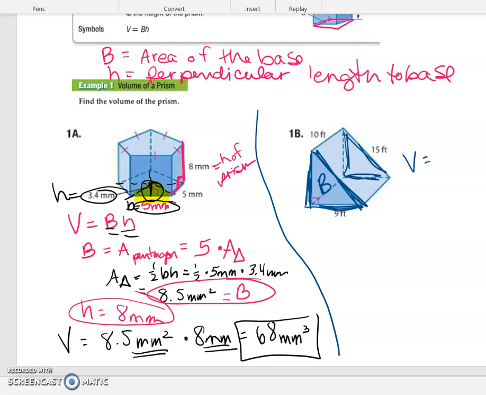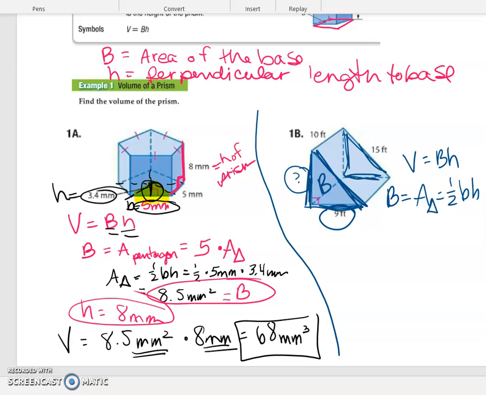So volume is area of base times height. The area of the base is going to be a triangle, which is 1/2 its base times height. So since this is a right triangle, this is going to be our base, and whatever this is going to be our height. Well, we don't technically know that one yet,